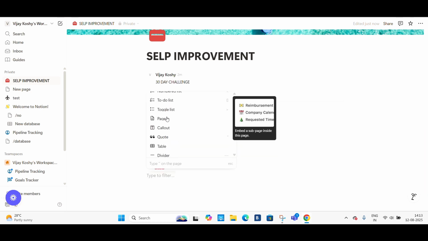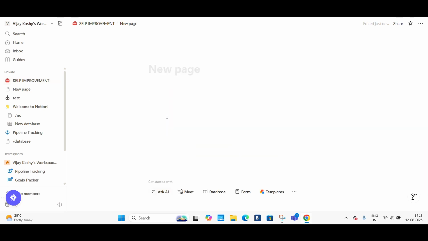Let's see, if I want to add a new page, I can do that as well. So here under my self-improvement, a new page has come. So it's coming under self-improvement. And maybe if I want to add an icon, add a cover, add new comments, anything, I can do that. Maybe in this page, I want to add a video tutorial on